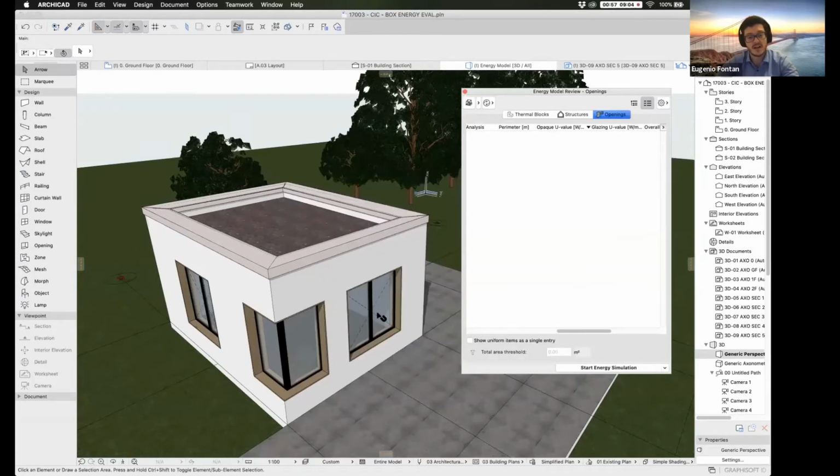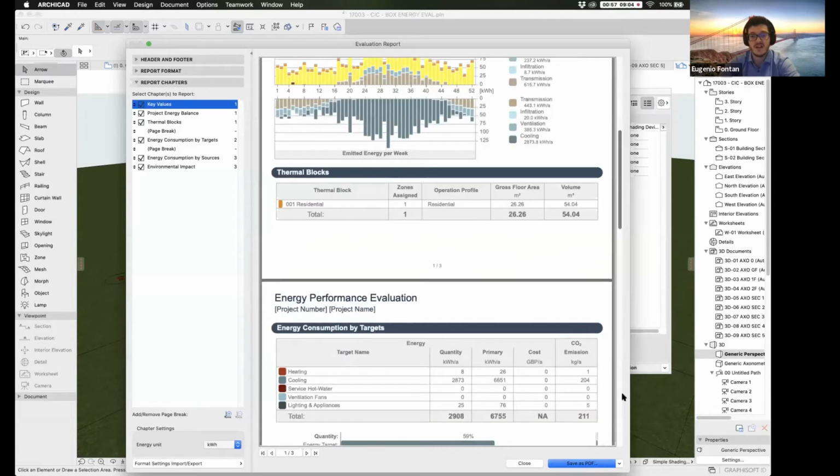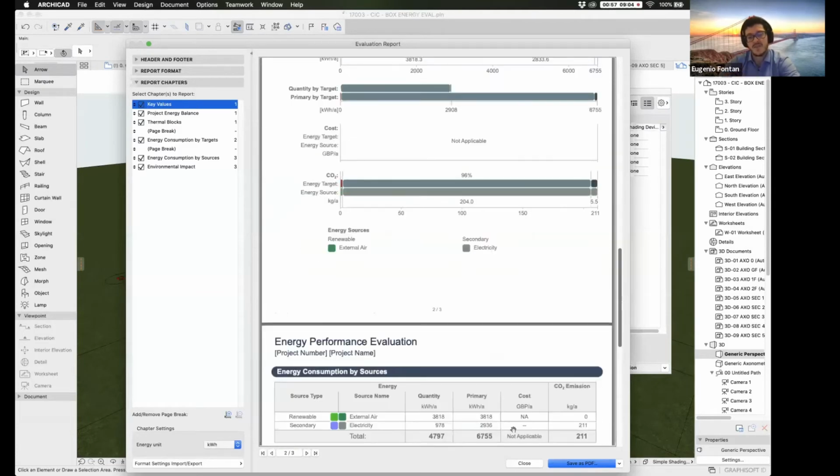So the zones are reading the data of the shell of the project. And now I'm going to update the energy model review. And now let's do another energy simulation. ArchiCAD is computing all the different values that we have input before. And what happens when we go to the main value that we are analyzing now? Now it is